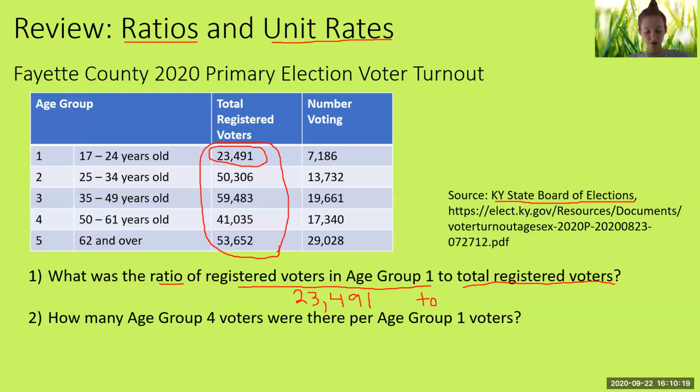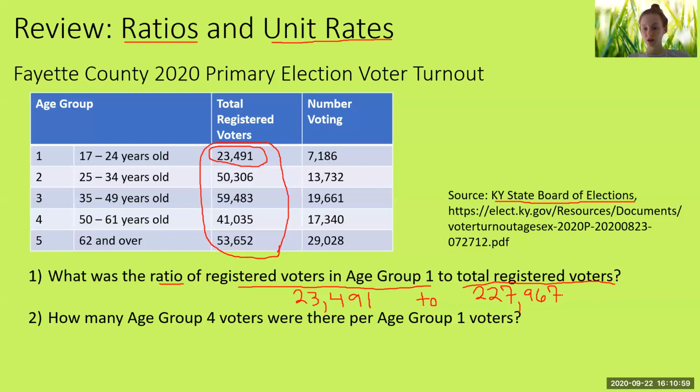So 23,491 plus 50,306 plus 59,483 plus 41,035 plus 53,652. So when I do that, I get a total of 227,967. So we get this ratio